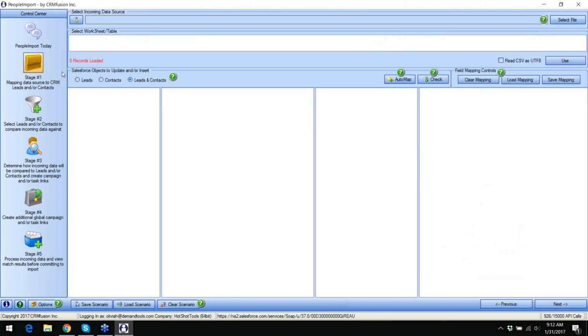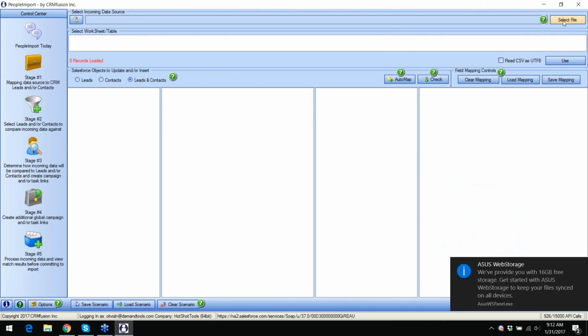On the left, we're just going to click on stage 1, and that's where it all begins. What we are asking you to do in this step is just a lot of setup, okay? Just a lot of telling the system where certain pieces between your spreadsheet and Salesforce match up. First thing we need to do is tell it which spreadsheet we're referencing. On the top right, you click Select File,